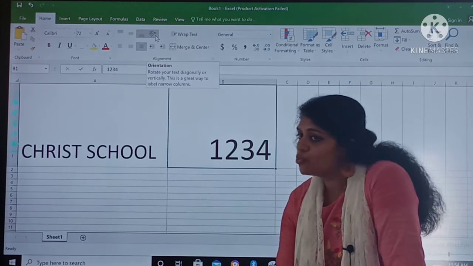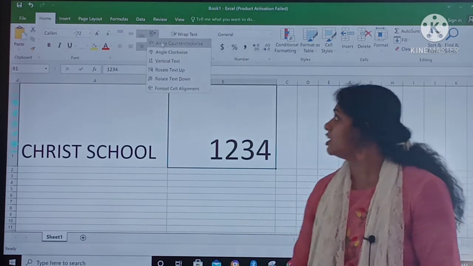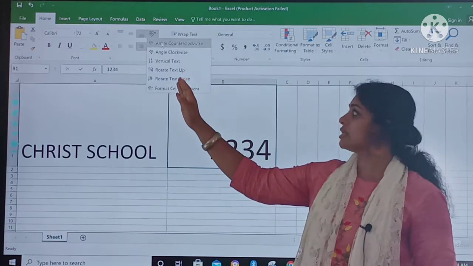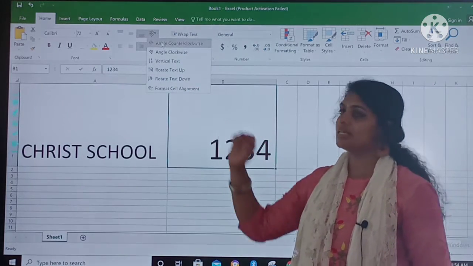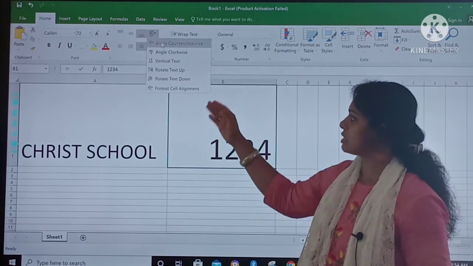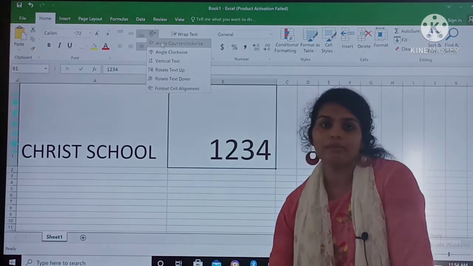Okay, see when you move your cursor on that, you can see it's orientation. Within orientation, we have angle counterclockwise, angle clockwise, vertical text, rotate text up, rotate text down, and format cell alignment.